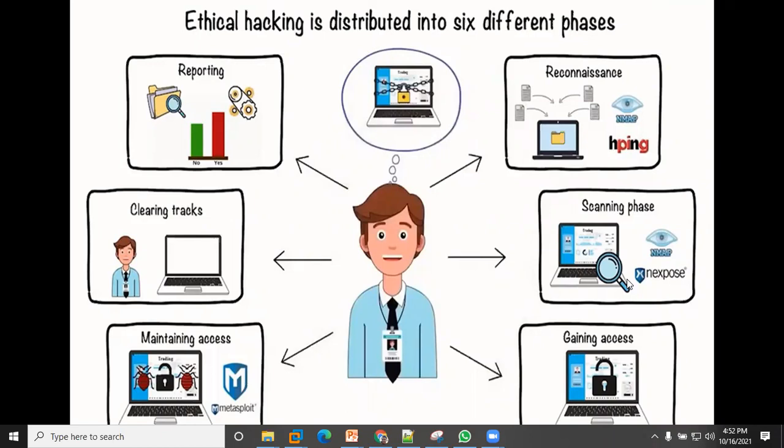Then reporting. As an ethical hacker, reporting is a huge part of the ethical hacking phases, because most of your customers don't understand what you are doing. They don't understand the operation you are doing. They just call you and employ you, or contact you for the job. So you need to be able to write your reports, executive reports, because most of the stakeholders don't understand these technical terms. You need to put down a snapshot,